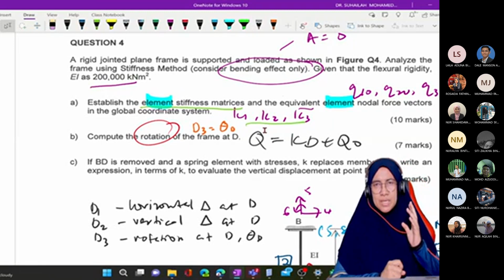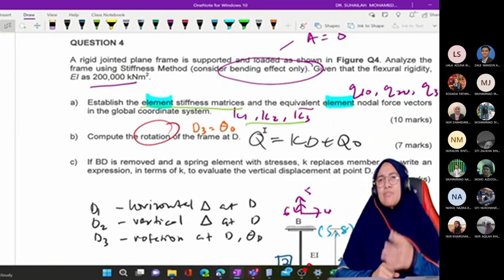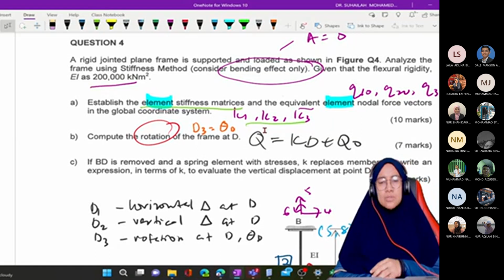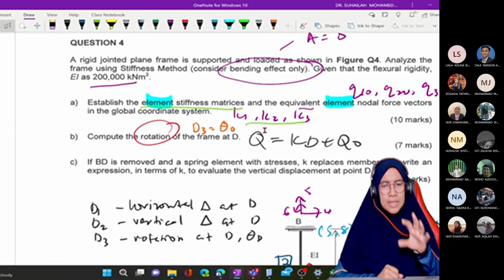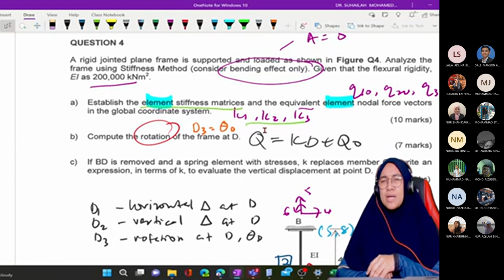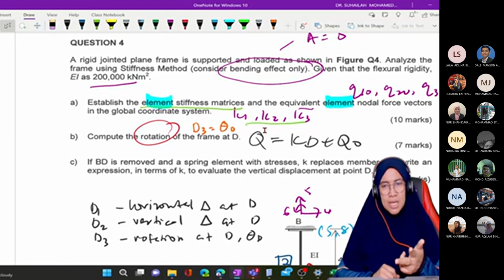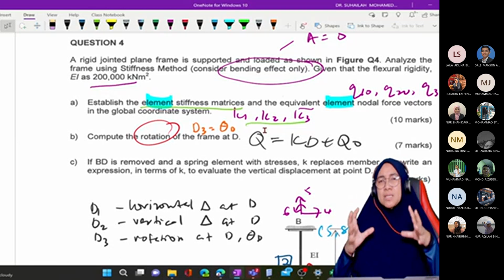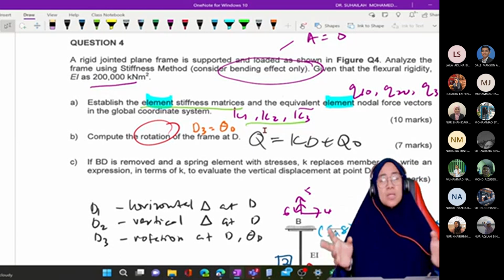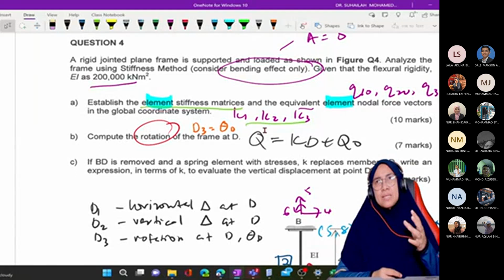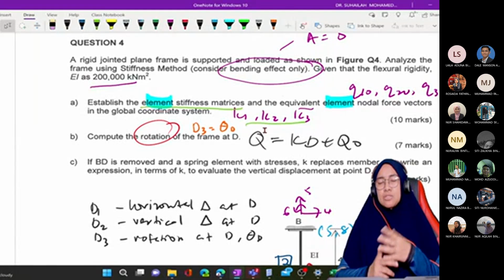Okay, so read the question carefully. Just give according to the question. The question asks us to calculate K1, K2, K3. So just give K1, K2, K3. No need to give the structure stiffness matrix in full, 12 by 12, because what we want to analyze for the unknown displacement is only